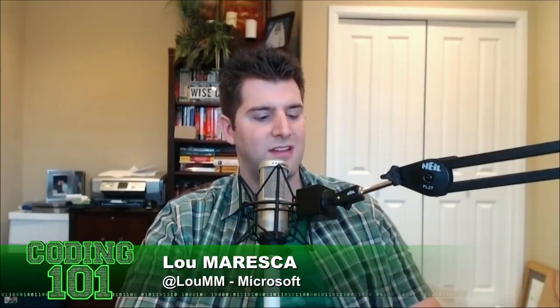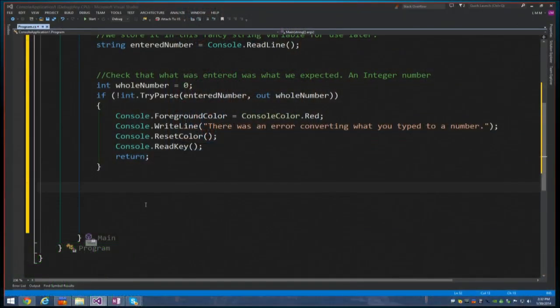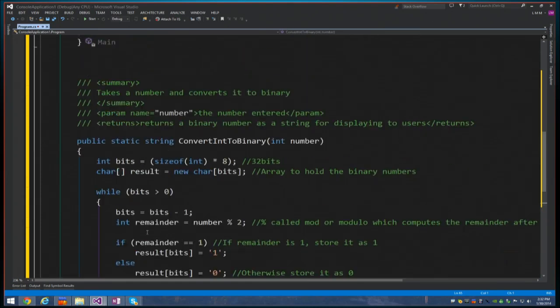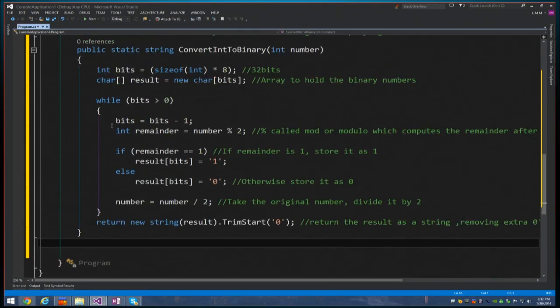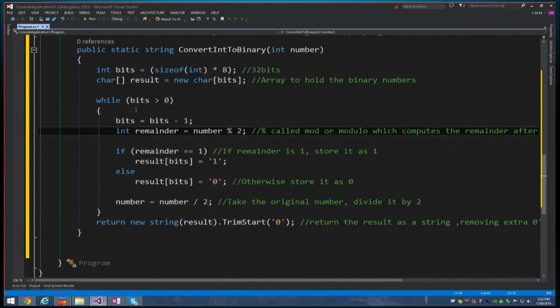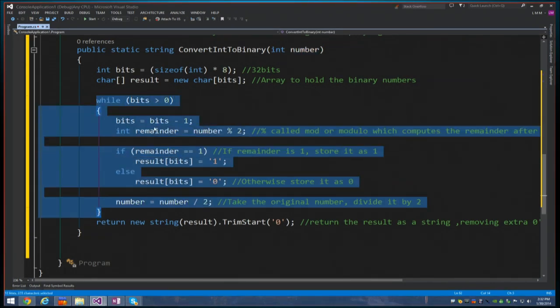All right. Cool. All right, show it to us. So now what we want to do is give them the ability to do a conversion. So we're going to show them how to convert. We'll create this little function. We can talk about functions later, but basically it has the heart of the code in here to actually convert it. And what we're going to pay attention to is we get an input of a number. So this is a number we got converted. And then this is that while loop that Padre was talking about.